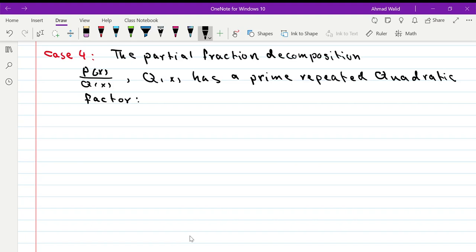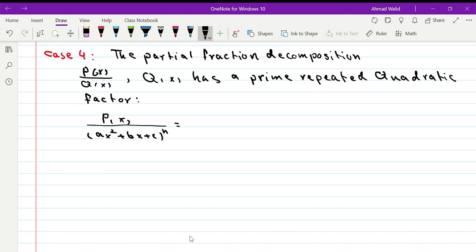Correct? It means if you have p of x over ax squared plus bx plus c to the power of n, it's a repeated, prime quadratic factor, then you